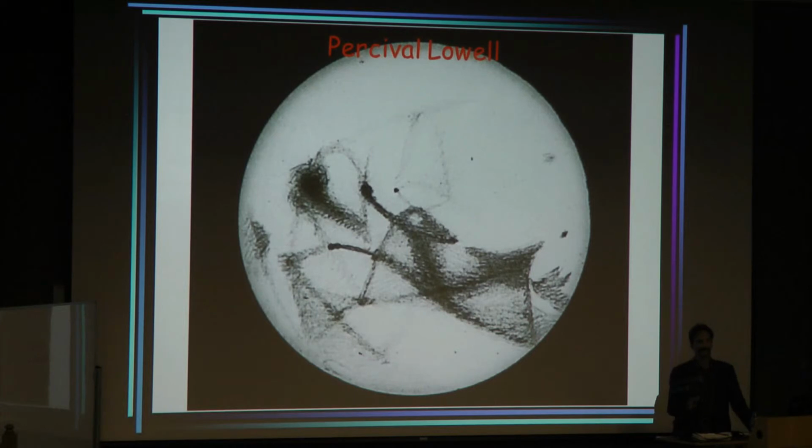And you've got to always keep in mind that astronomers and scientists, they're just human beings, right? I mean, they're subject to all the foibles of human beings doing anything that they do. And amongst those foibles are the possibility to imagine that you're seeing something that might not really be there. And the other foible is to have an idea that you're really enamored of, which you're trying to push and prove to be true. And when you combine those two things together, the idea that you're fascinated by and interested in proving right, with the idea that you can't really be sure what you're seeing anyway, you tend to get results like this, which are sketches